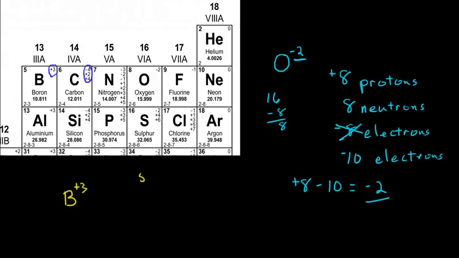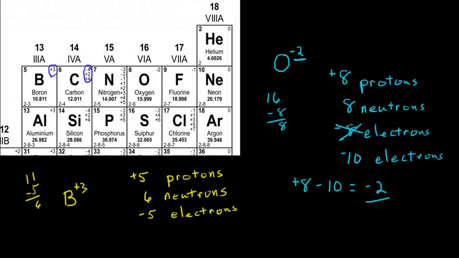Boron has 5 protons. Okay, and since its mass is 11 minus the 5 protons, it will have 6 neutrons. And again, normally it would have 5 electrons,